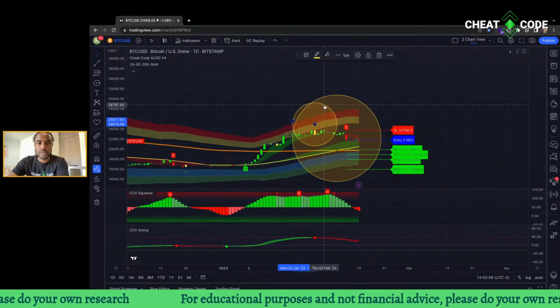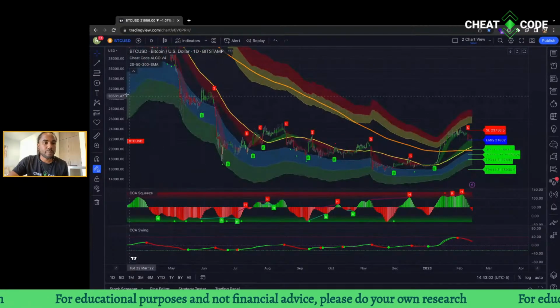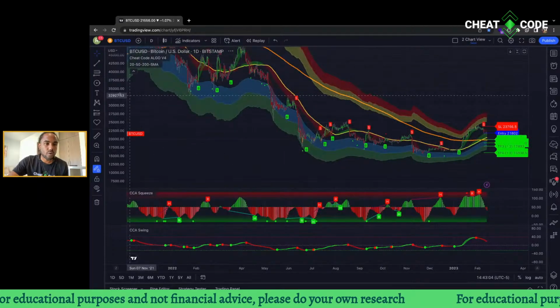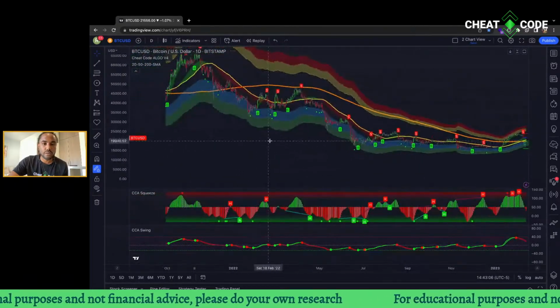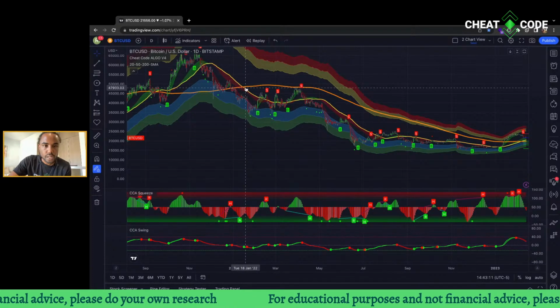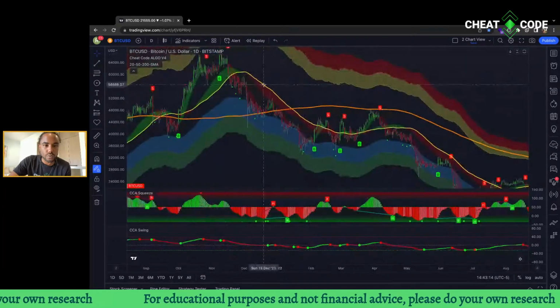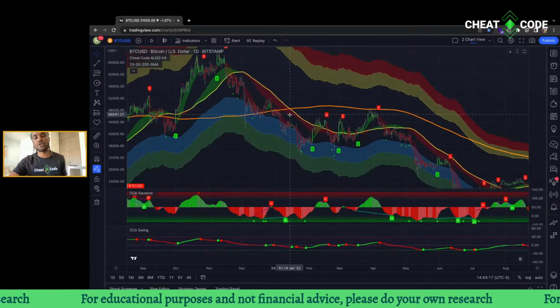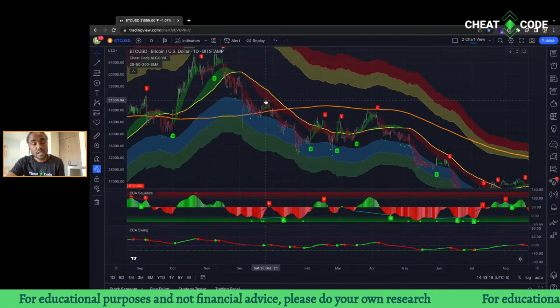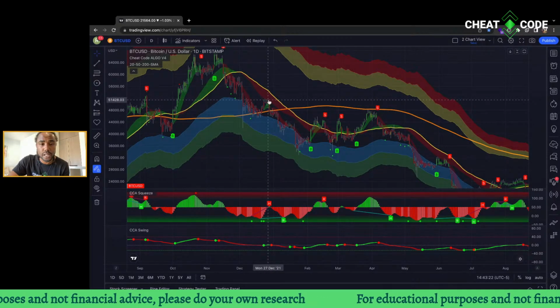Let me actually remove these now. And you can see that this type of trend or death cross has happened before historically for Bitcoin, right? So right here we had the 50 cross the 200, and as you can see here, Cheat Code is still showing us these trend clouds, right? So like I said, if you don't have these charted, you can still have the trend cloud. You can see it didn't even make it to the 50 here. It just rejected off of the trend cloud, right?